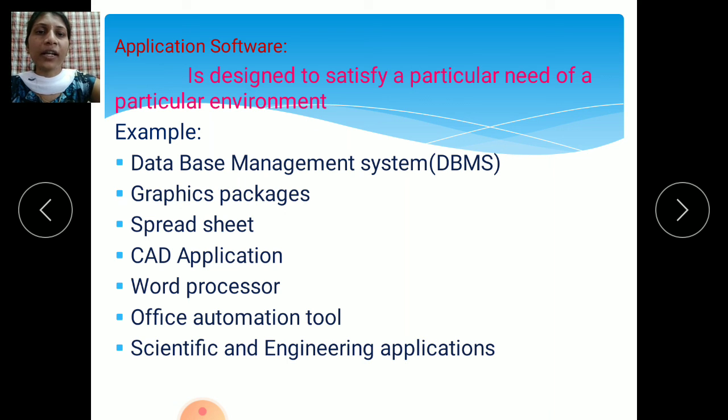If you want to handle the office, we use office automation tools. Then scientific and engineering applications. If you want to study space or engineering, we use different types of apps, and these are called application software.